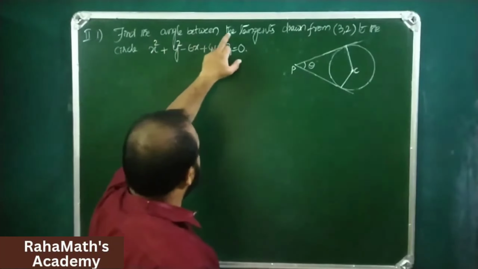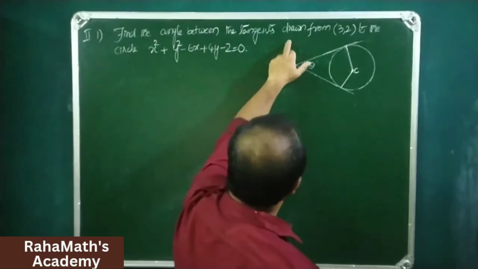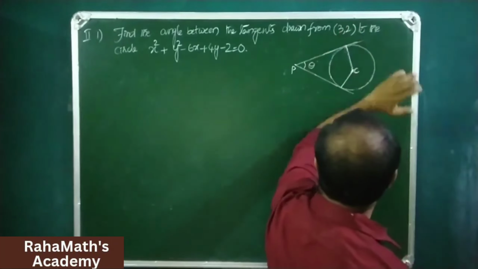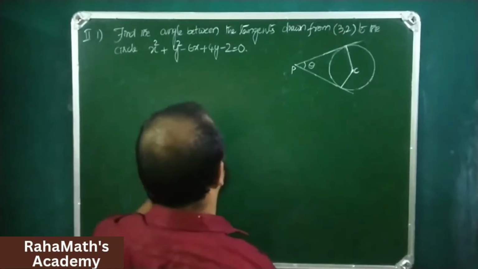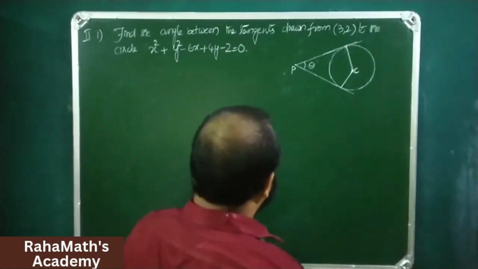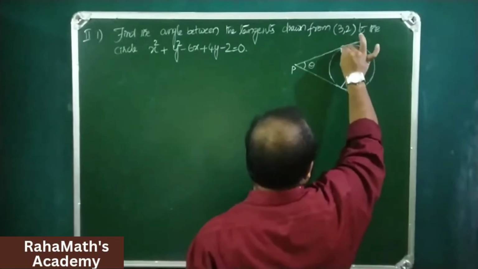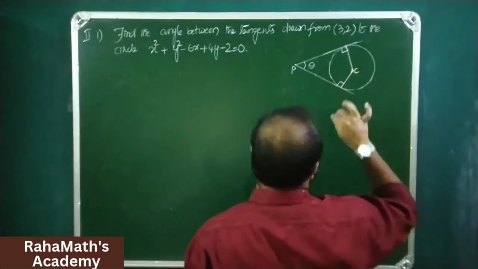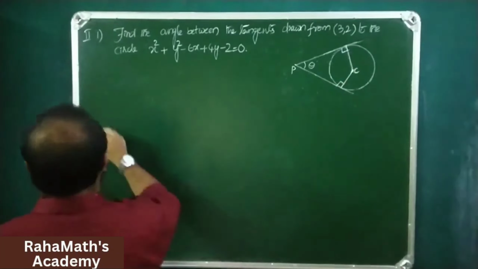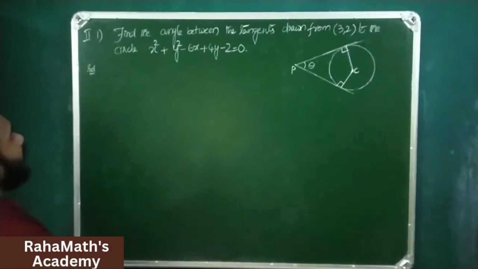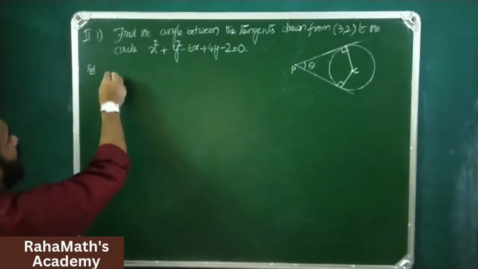Find the angle between the tangents drawn from P(3, 2) to the circle x square plus y square. So, from an external point P, if two tangents are drawn, then what is the angle between the tangents? Tan theta is equal to r by root S11. So, given that